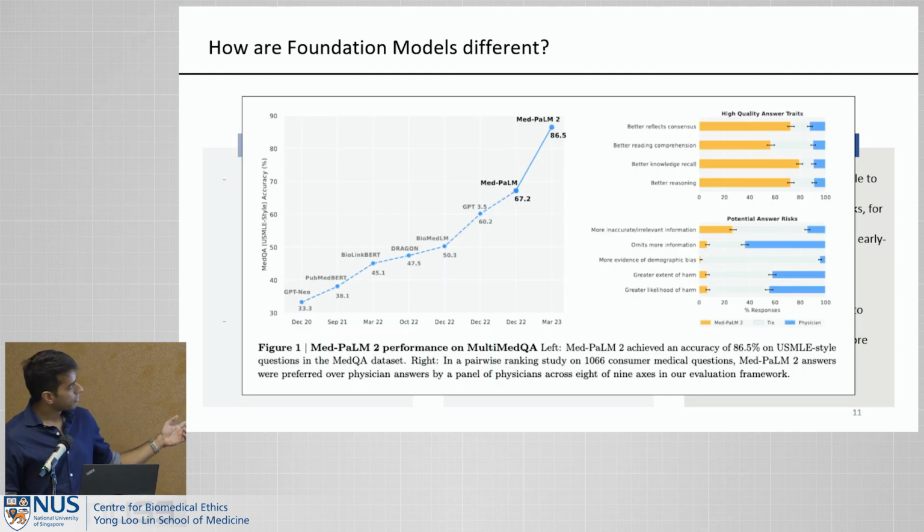This is the performance of different models based on the US medical licensing exam questions. Just last year when MedPalm was released, we were at 67.2% accuracy. Now we're at 86.5% accuracy. There were physician rated questions and answers that were done for MedPalm 2, and across the 9 categories that we see there, there's only one category where it was outperformed by other physicians tested. Obviously, depending on the physicians, we take this with a grain of salt, but on almost all other categories, it outperformed them.